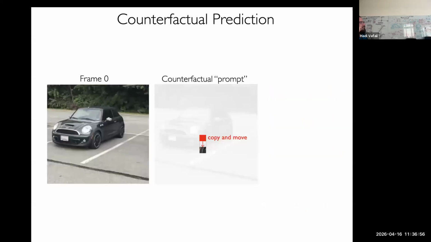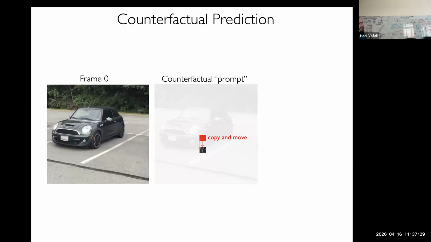Like little interventions. For example, here's a situation where we have this image of the Mini, and I didn't mention camera motion. Here, we have camera motion in this data, so we're using it the way Mike suggested, actually. In this counterfactual, we say this patch has to move down, and also the camera has to be fixed. That's important. If you don't fix the camera, the model will just rotate the camera down to be consistent with that motion.